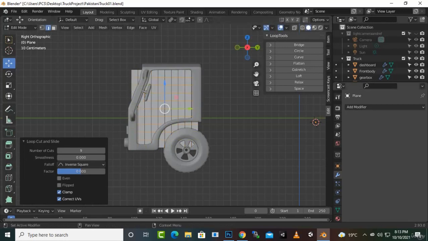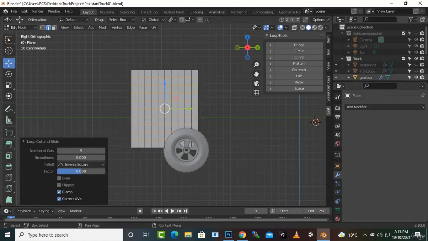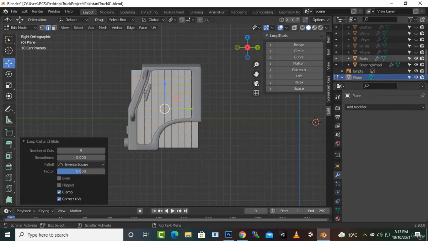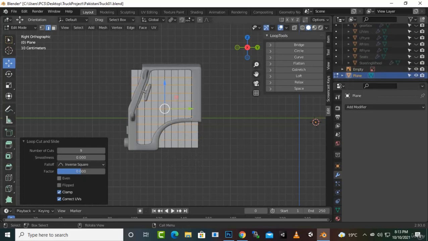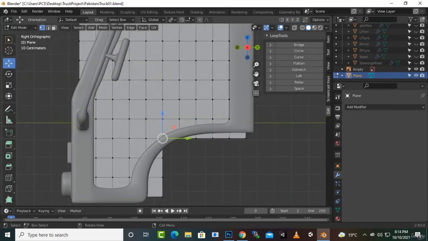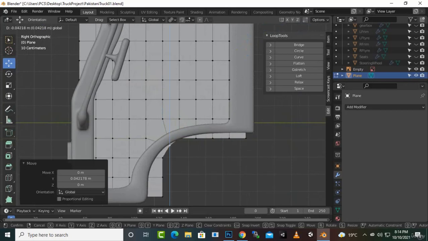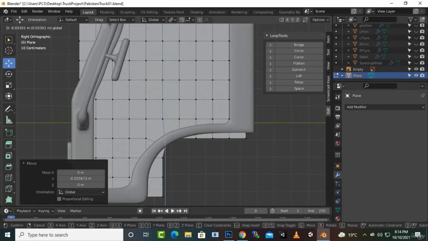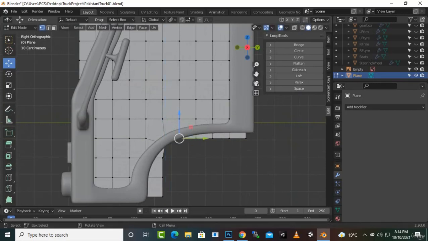Now we'll hide other things because we don't actually need them to be visible. So I will hide the tire, seats, etc. as well. And then we will go to vertices. We will select these vertices we don't need and delete them. We will select this vertex and move it further here maybe. Okay, and then this one,